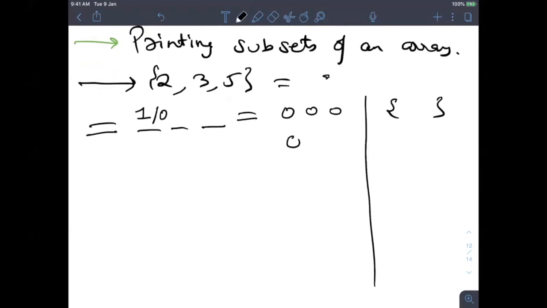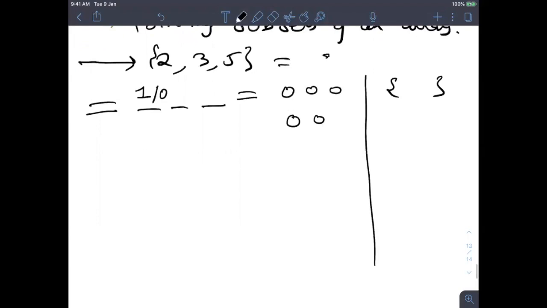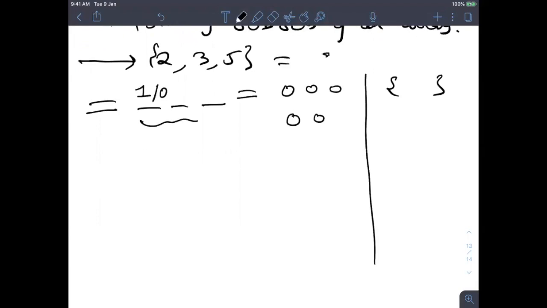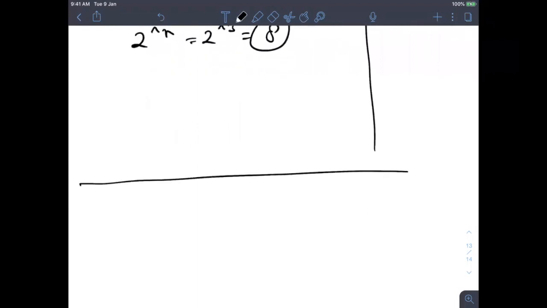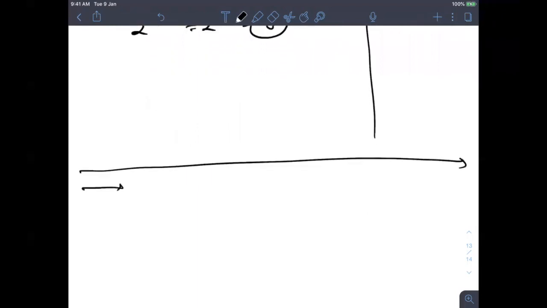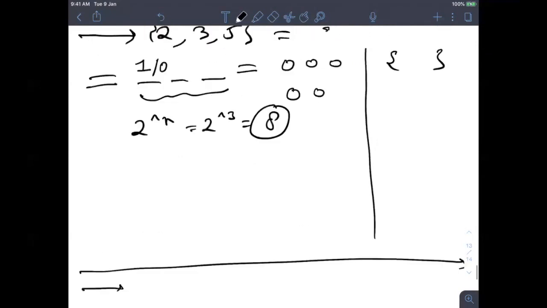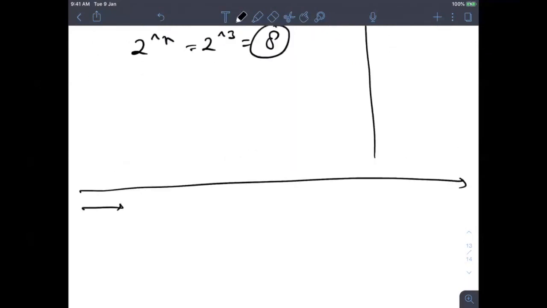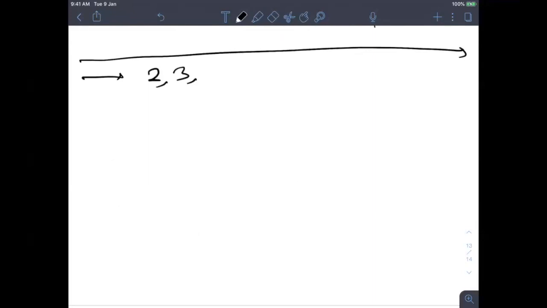Now, how many subsets will there be? You have only 2 choices for every number, so it will be 2 power n, where n is the number of elements. So for this, you have 8 choices, so you will have 8 subsets. Now let's see a very interesting and shocking thing. When someone told me about this the first time, I was very shocked. So again, I write it fresh over here: 2, 3, 5. You will have 2 power 3, so 8 subsets, which we already know.